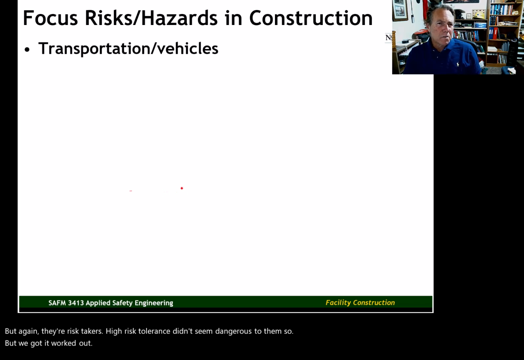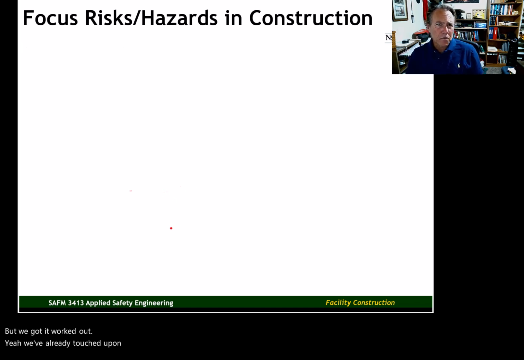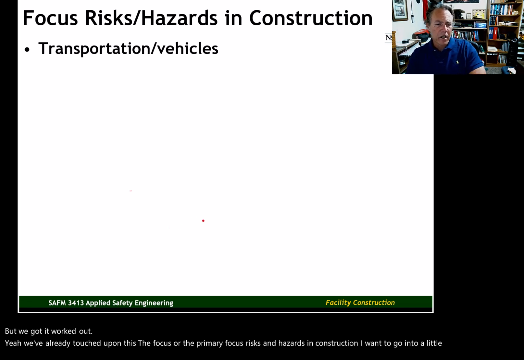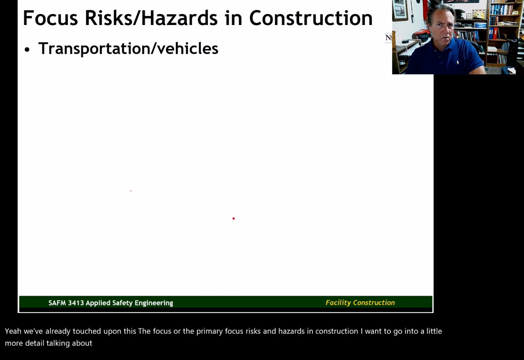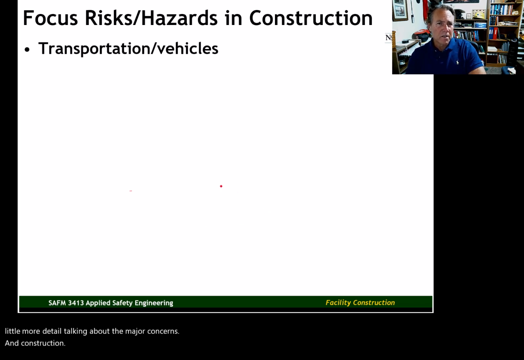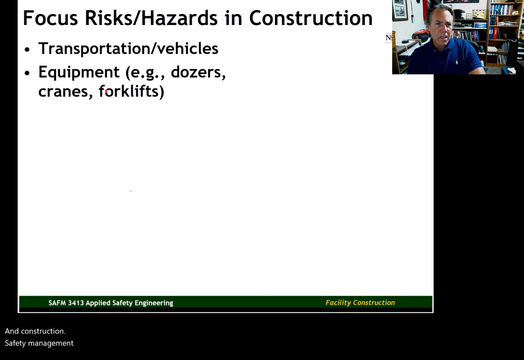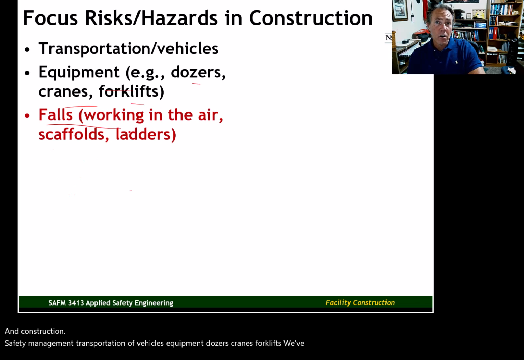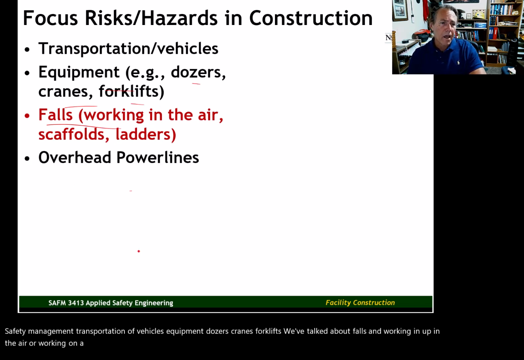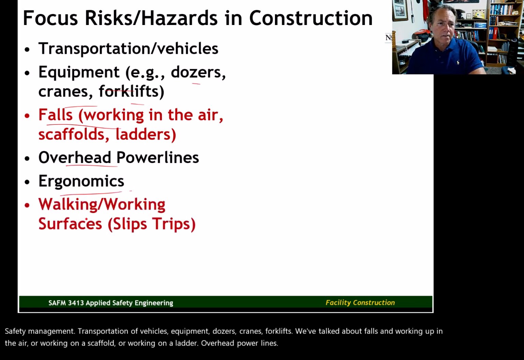We've already touched upon the prime focus risks and hazards in construction. I want to go into a little more detail, talking about the major concerns in construction safety management: transportation of vehicles, equipment, dozers, cranes, forklifts we've talked about, falls, working up in the air or working on a scaffold or working on a ladder, overhead power lines, ergonomics,